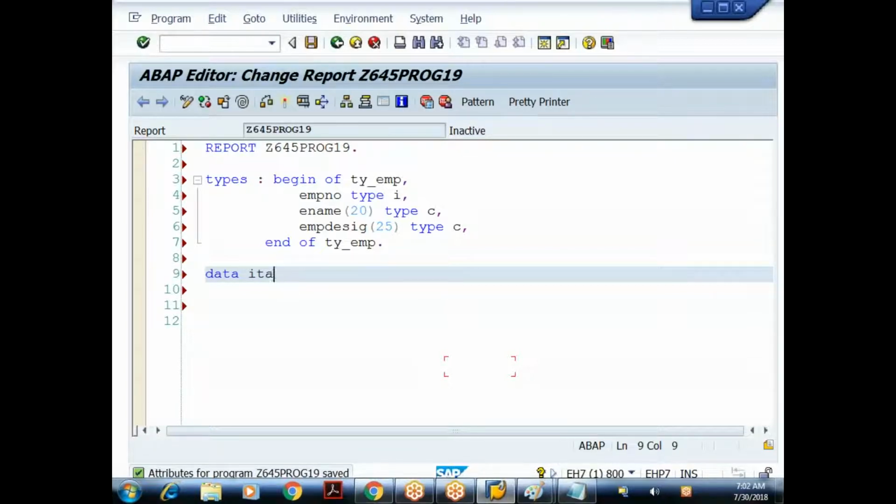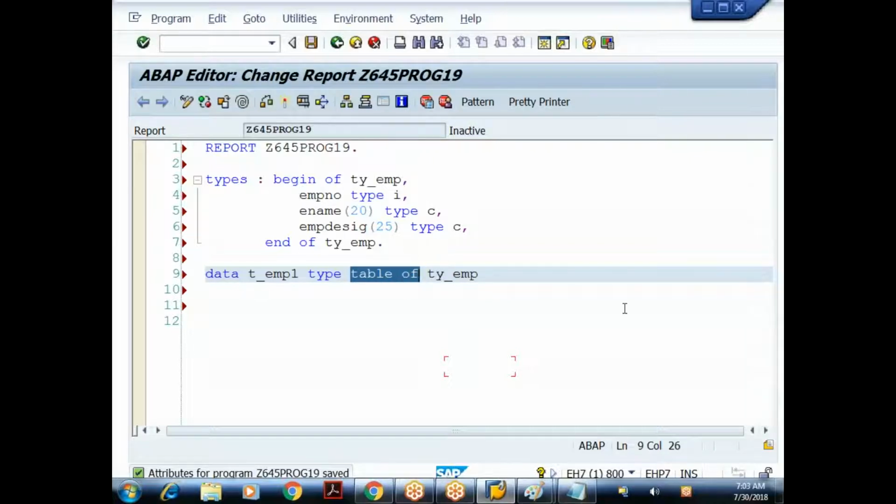Project to project the coding standards will be different. I'll give the name T_EMP1, TYPE TABLE OF TY_EMP. Remember, from now onwards, whenever we use the TABLE OF keyword, you have to understand that as an internal table.